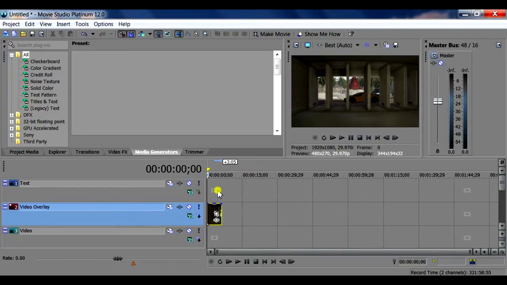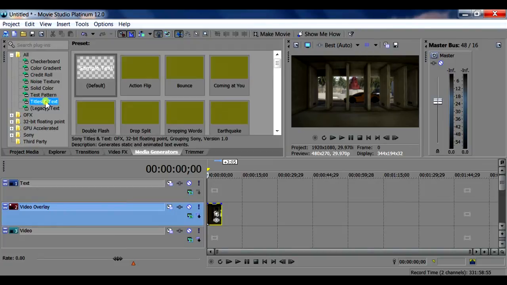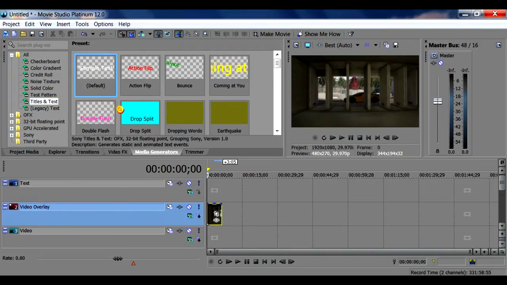You want to motion track the text, then render it out, then put it on your montage and do effects. It's a lot easier doing it that way. But anyways, you want to go to media generators, add text and titles and text. That's what it is. And I'm just gonna drag down sample text,